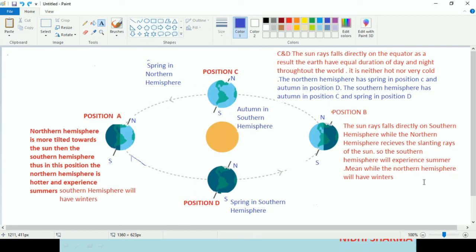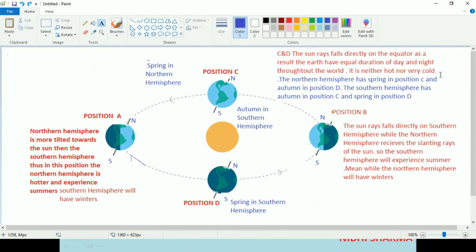Now let us see these positions C and D. Now see what is happening in position C and D. The sun rays fall directly on the equator. As a result, the earth has equal duration of day and night throughout the world. It is neither very hot nor very cold.